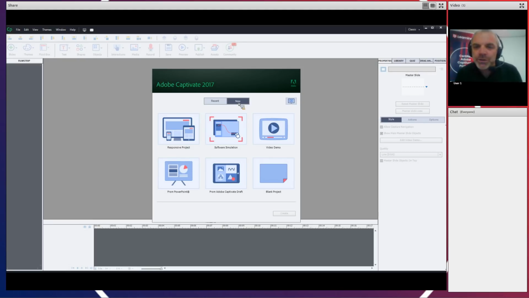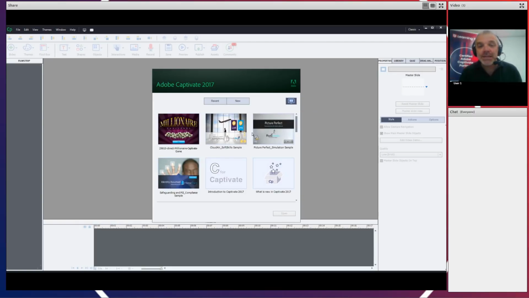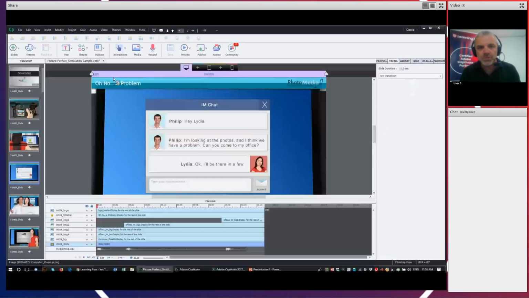But just quickly, I want to jump you into this other little button up in the top right hand corner, which sort of is sitting over on the side there. It may not be as noticeable, or you might not have seen it or thought about it, but that takes you into a couple of sample projects that they've got in there. And I've actually got one open already, because they can take a little while to open. And I'm just going to open up this Picture Perfect simulation sample,